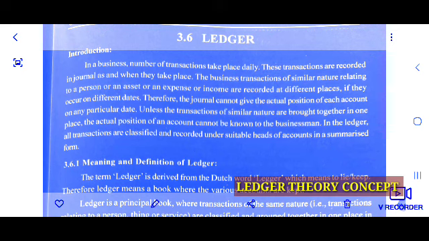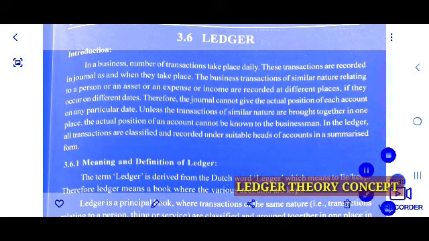Now in journal entries, if the owner wants to know a particular account or balance, for example, total purchases, how much he has made in a month, sales, how much cash he has, the bank balance, and how much he has to pay to the suppliers, all that you can't ascertain, you can't find out in the journal.